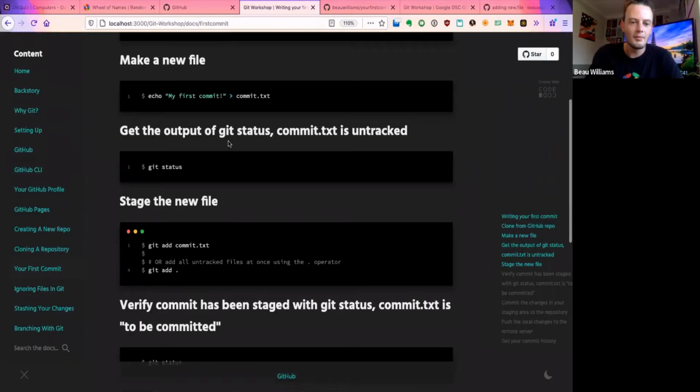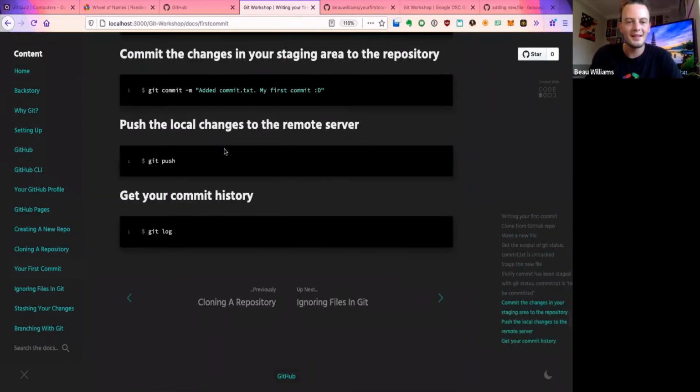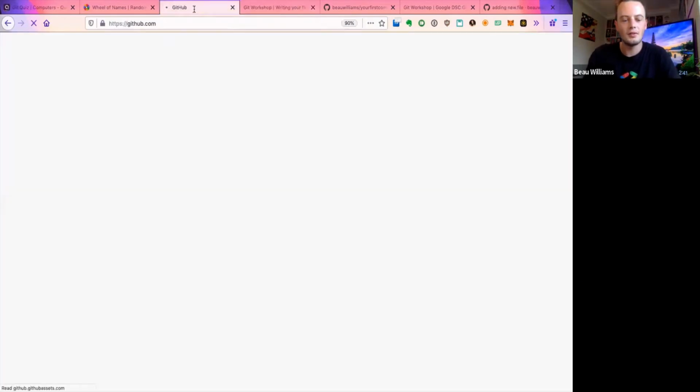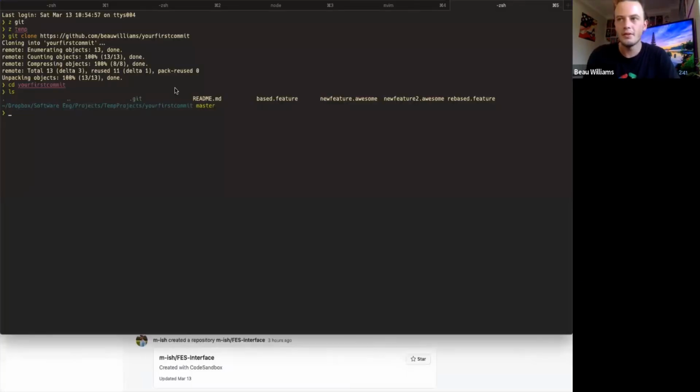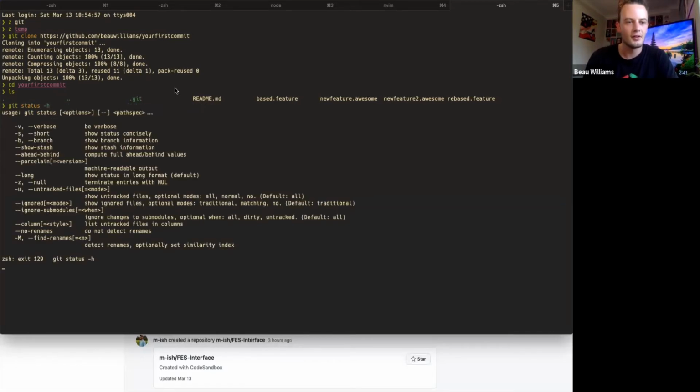So the other thing about git status or git log is that you can get different things from that. So let's go like git status. And if you wanted to know the commands, we can go git status --help, right? And so there's a whole bunch of different things it can do, like git status -u, which tells you the untracked files.